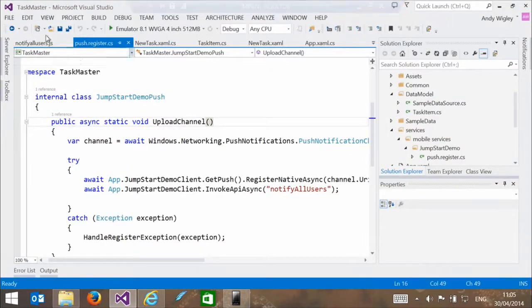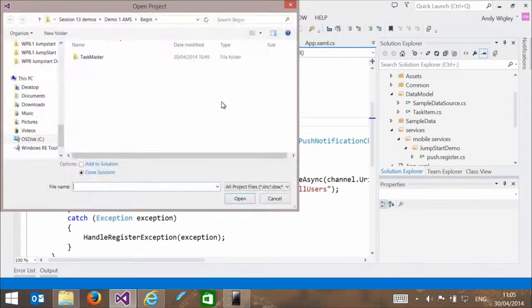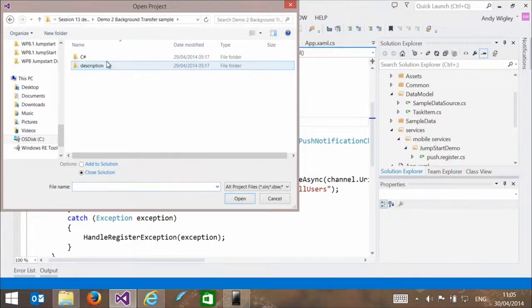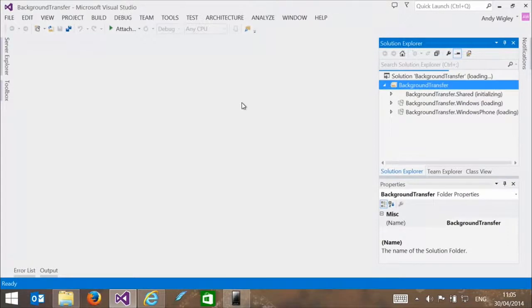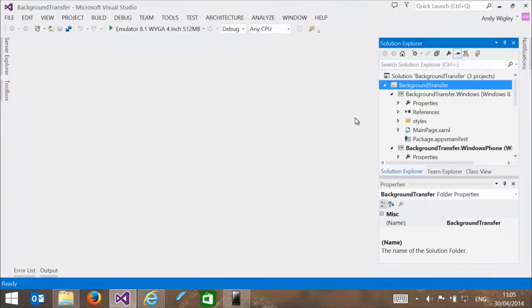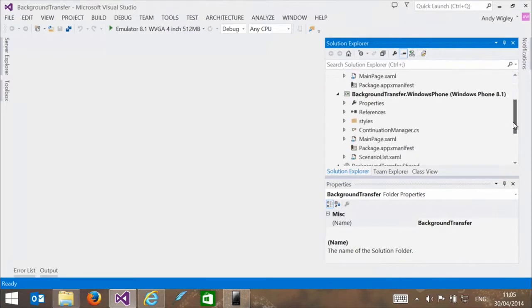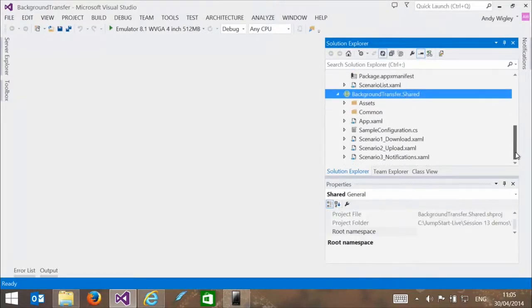Right, there we go. And actually, this demo is the SDK sample, and I've got two motives for this. I wanted to show you one of these samples because they are universal, just to drill home the fact that all this stuff works on both Windows and Windows Phone. You get a Windows head and a Windows Phone head in it, and then in the shared area is basically all of the stuff, all the logic. So there's download, upload, and notifications. The download one